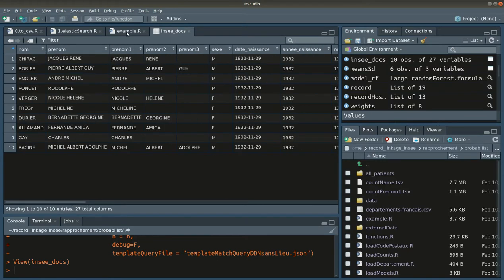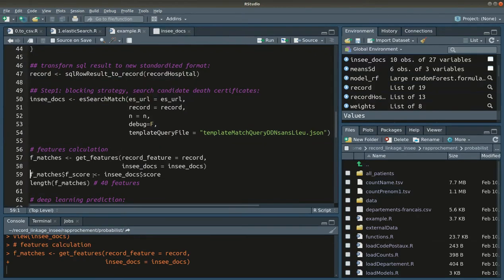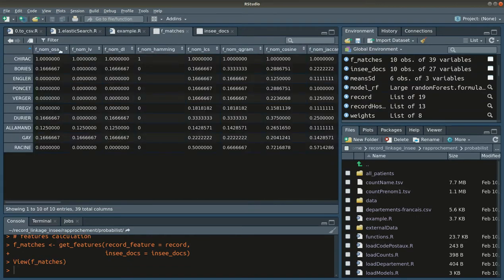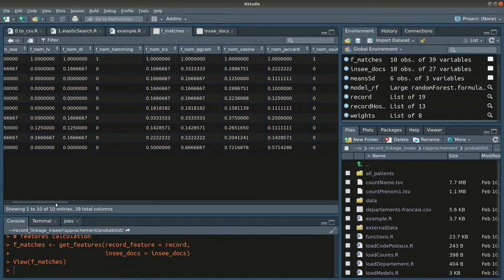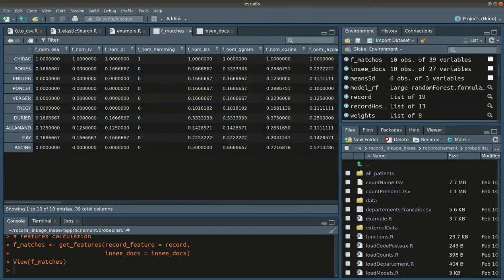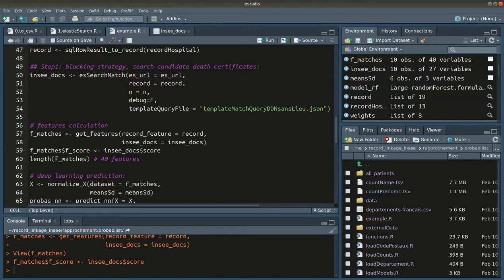These candidates are then transformed into features with these functions. So now you have here all the candidates but transformed with features. So we add the Elasticsearch score to the features matrix,